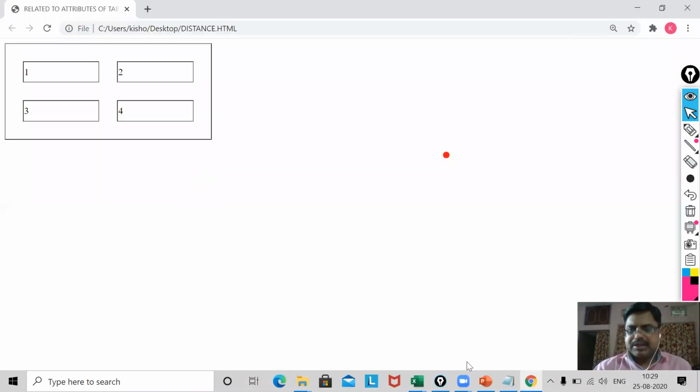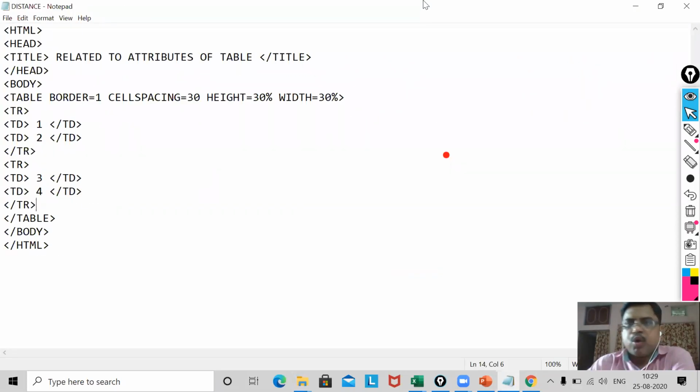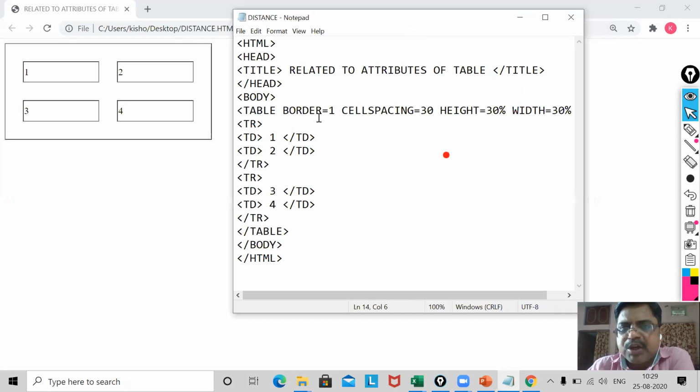Yes, in this one. Listen, one thing, please keep it in mind. Whenever you are using the border, please be careful. If the size of your table is big and the border is thin, it will not give a good look to your web pages.